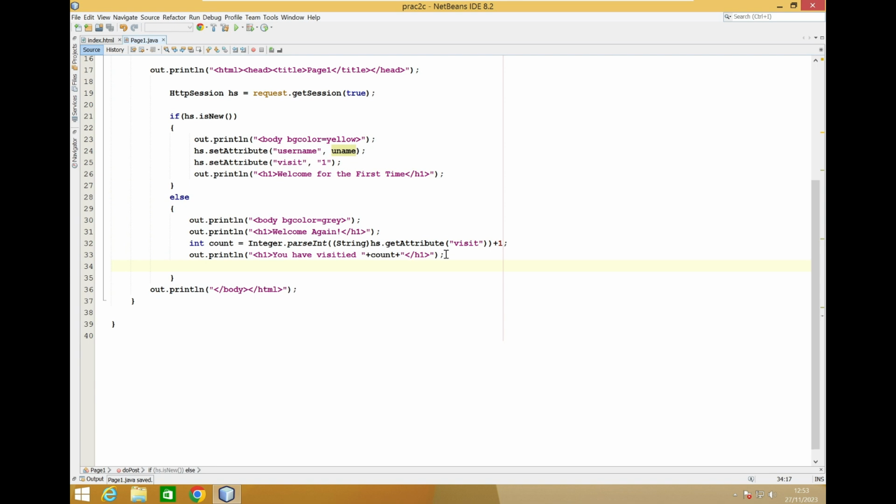Now what we have to do over here is, once we are done with it, we have to increment the counter of it. So basically what we will do over here is hs.setAttribute, and the visit part, we have to increment the counter over here. Here we don't have to convert it into integer because it is already an object type, and it will automatically take the integer part of it. So once we are done with this, now we have to check